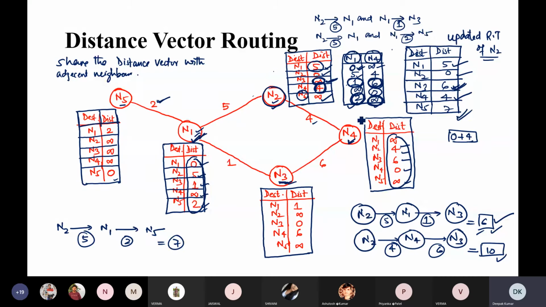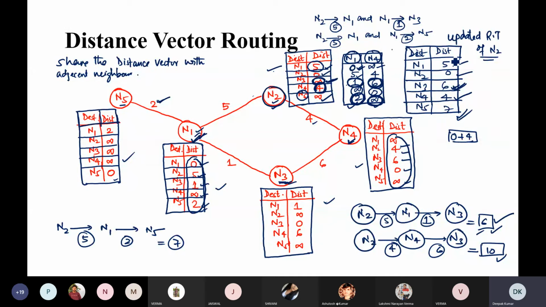In the same way, all nodes will share their information or the adjacent information and create the next table. The first step, all the red color that we have written earlier, these two tables are created at the first iteration, and after the first sharing of the information with the adjacent nodes, each node will update its respective routing table. So this is the routing table for N2. Similar routing tables will be created by N5. Not exactly the same, but the process will be the same and the routing table will be different.